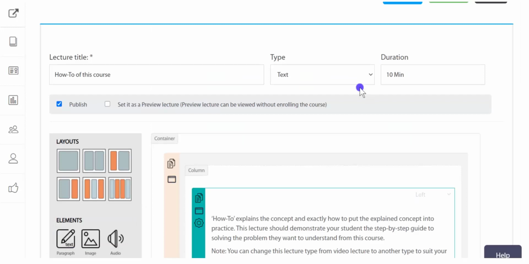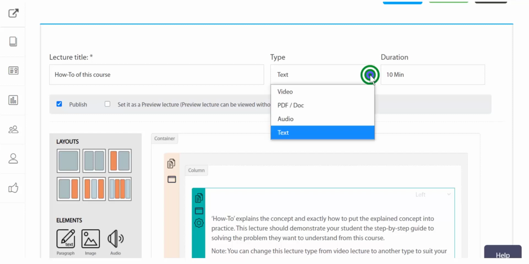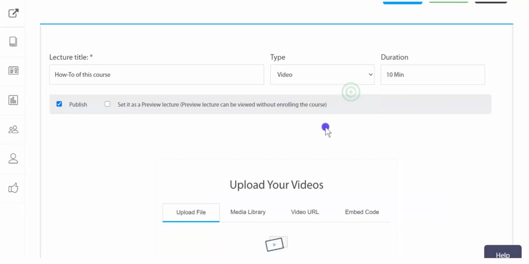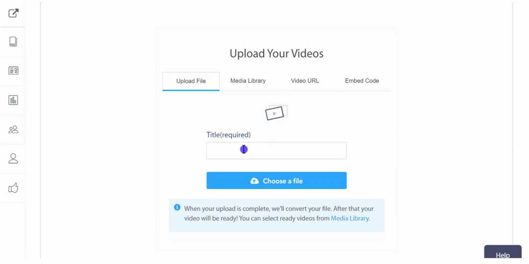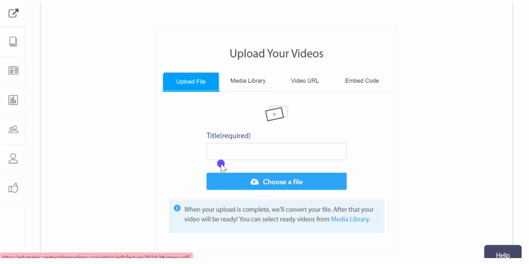But say you want to make the lecture a video only lecture, you can click video and the template will change from here. You can directly upload a video, putting a title and choosing the video from your computer. When you add a new video with the title, after the upload is complete, the file will be converted, and when the video is ready, it can be selected from the media library.